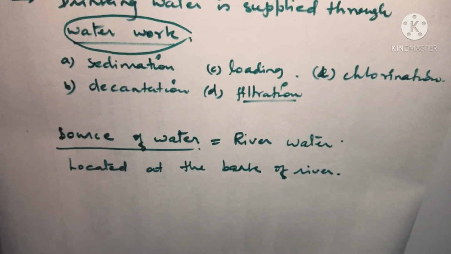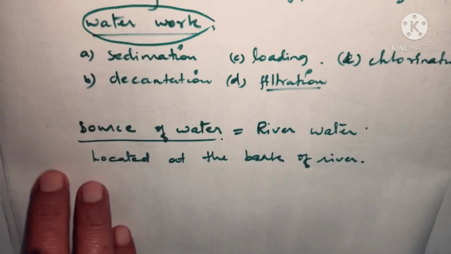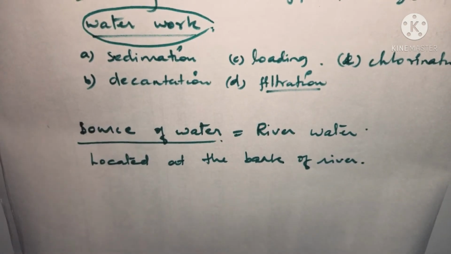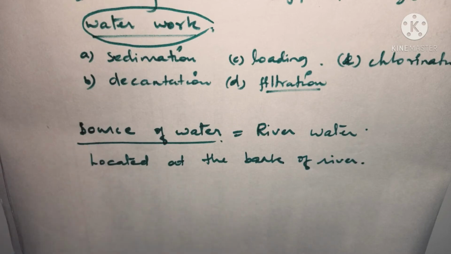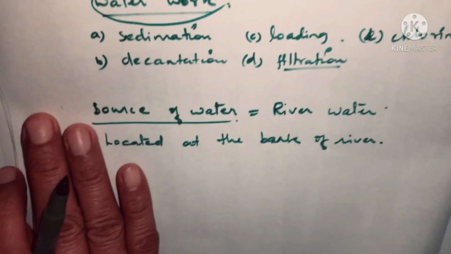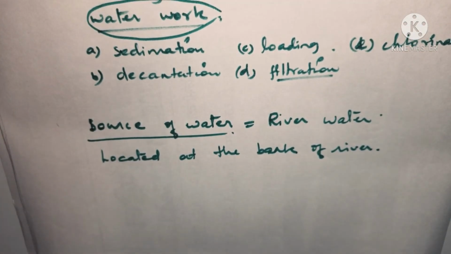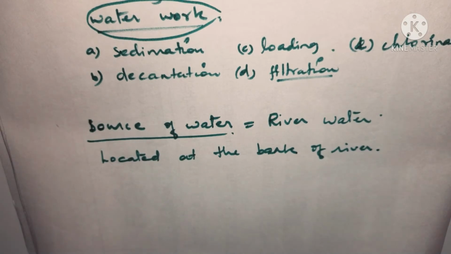The river water and lake water usually contain suspended solid particles, and even germs are present in it. So before this water can be supplied to homes, it is made free of these suspended impurities and germs. Now what this water work does is fetch this water from the river to a pumping station through pipes. तो क्या होता है इसमें? There are some steps which you are going to understand. Let me draw it and I'll show it to you.